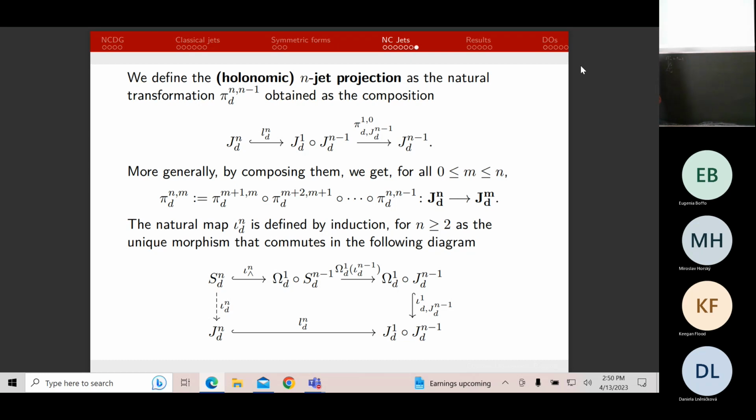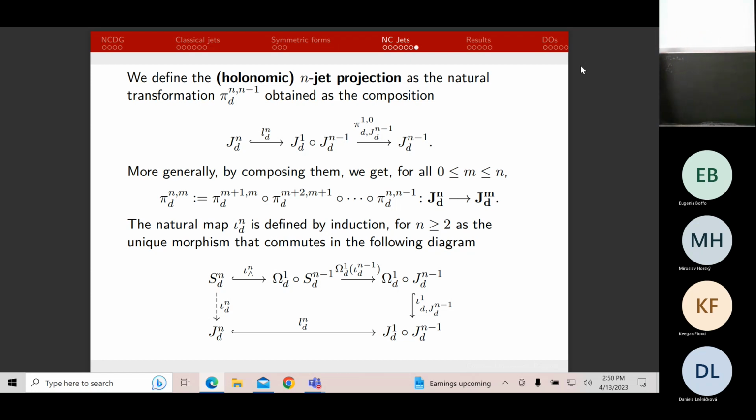Okay, so now we can define the projections as basically the restriction of the projection of the first component after we apply this inclusion. So we see the n-jet inside J1, ..., Jn, and then we project the first component. But as I said before, all the projections are fine, they all coincide on the n-jet. Okay, and of course, if we compose this single step projection, we obtain a more general projection from Jn to